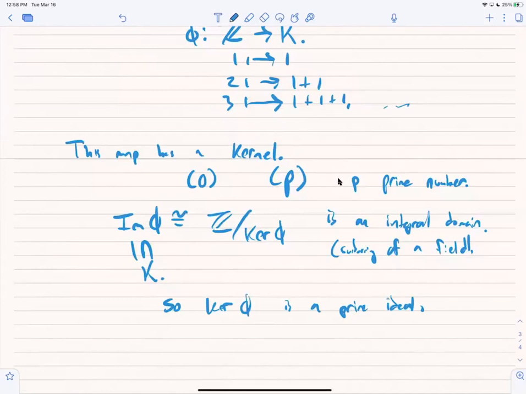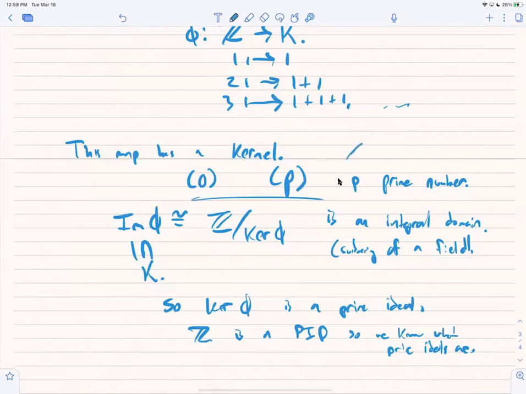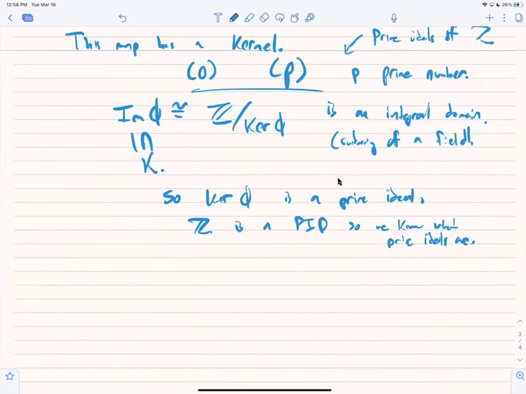And well, Z is a PID, so we know what the prime ideals are. Every ideal is generated by some element, and the prime ones correspond to the irreducible elements. So the ideal generated by an element is prime exactly when that element is a prime number. These are all of the prime ideals of Z. Okay, so that means it is either,